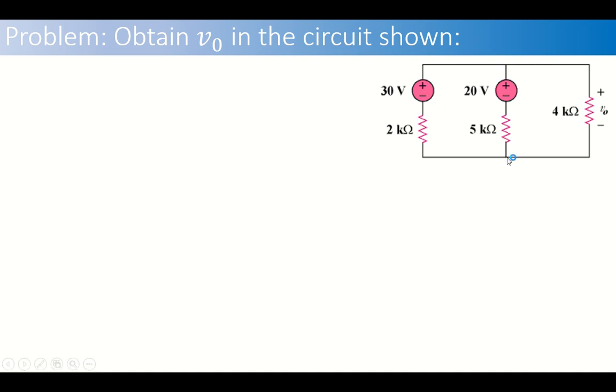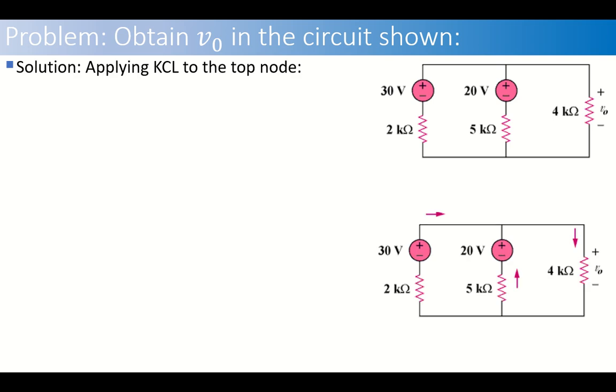We have to select the ground node. This node can be selected as the ground node, and this is the non-reference node. So in this circuit there is only one non-reference node. The next step will be assigning or showing the current directions. So let's see the solution. This is the circuit. Here we have shown the current directions. You can see that the current direction in this branch can be shown from this point to the ground, and from this node to the upward node. So you can see that the voltage at this non-reference point will be V0.